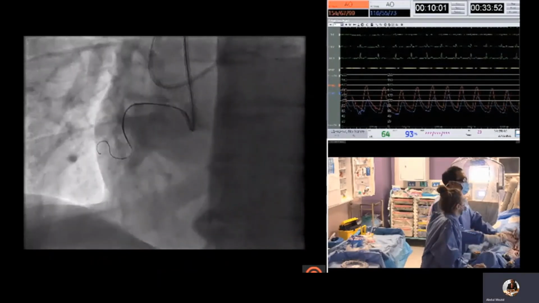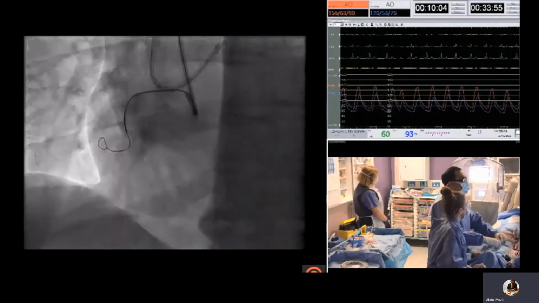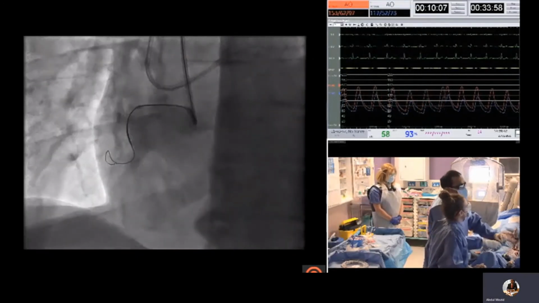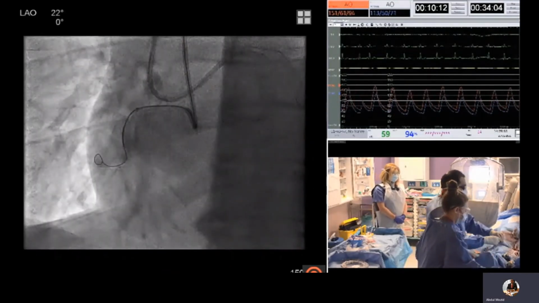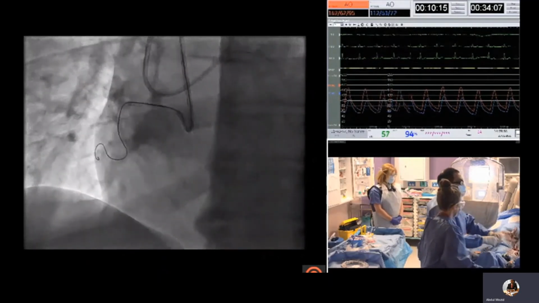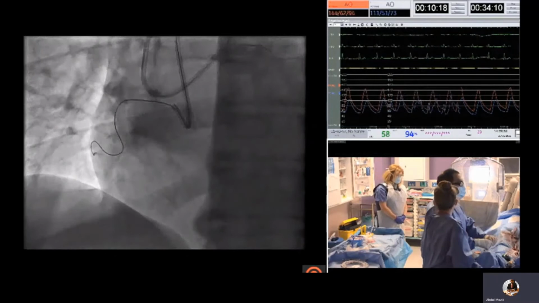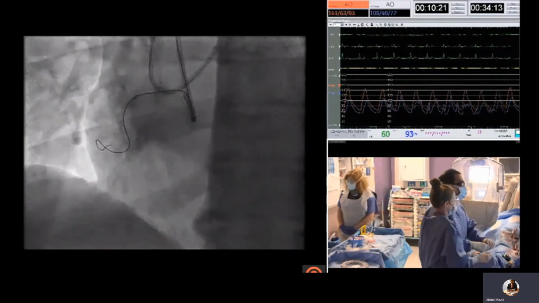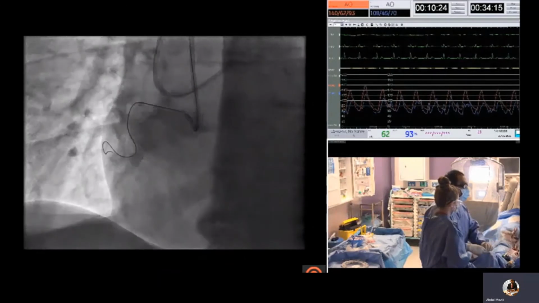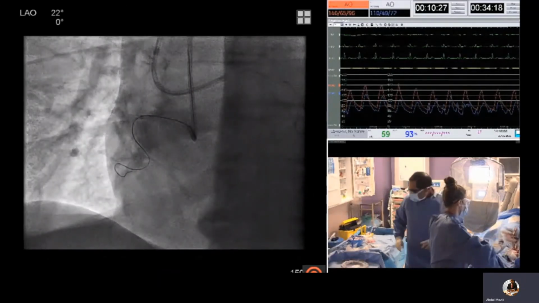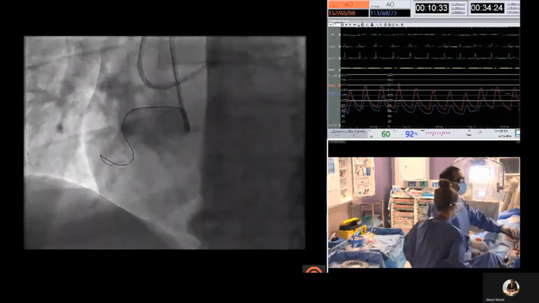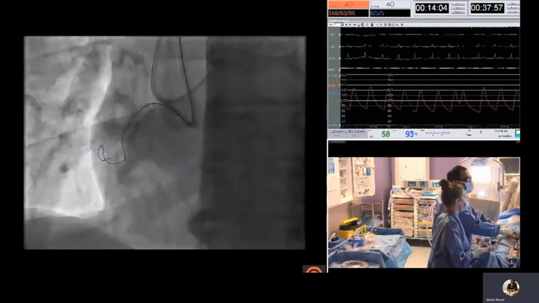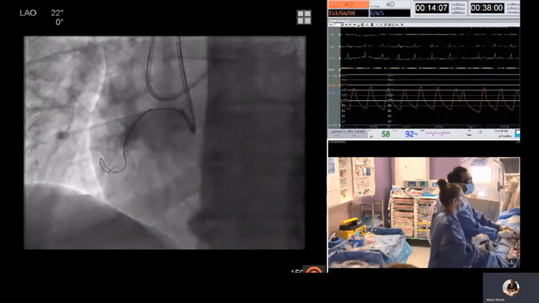So then I decided to leave this wire here and use this wire as support and introduce a second system. And if I can then balloon on this wire, forming a parallel anchor balloon to a separate system, and trapping a microcatheter, to do something called a power knuckle. So here we dilate the proximal vessel,